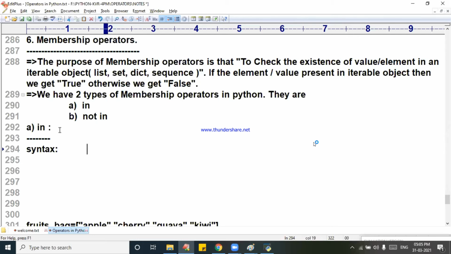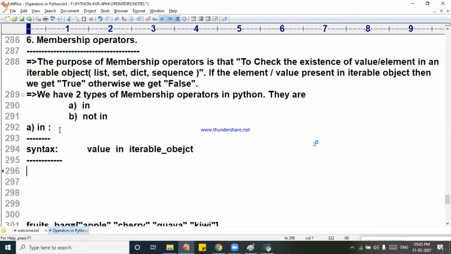Now I am going to use value in iterable object. In is an operator. Value means what you are supplying. In the syntax we must always go for an iterable object. What is the value? The value is the one which you specify by yourself.